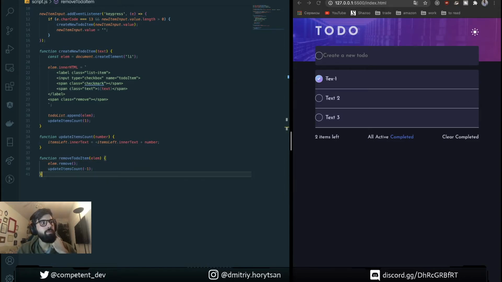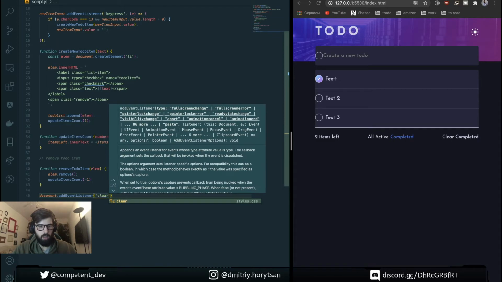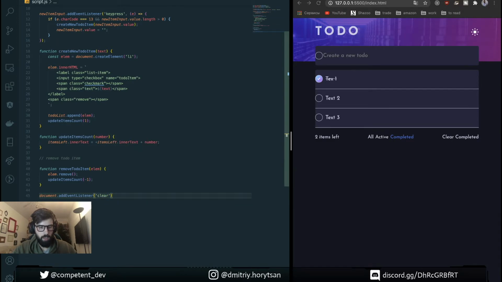So for this we gonna need remove to-do item, we need to put document add event listener on clear item.